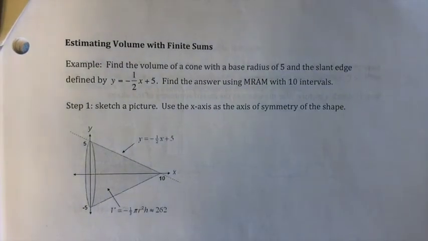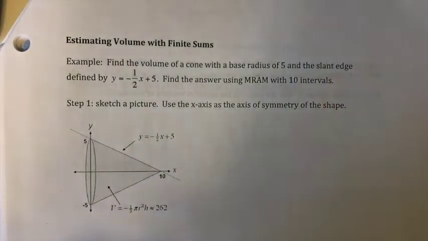Okay, so this is the second half of lesson 6.1. Yesterday we talked about estimating the area under a graph with rectangular approximation. We talked about MRAM, LRAM, and RRAM, and basically that's just what side of the rectangle we are using the height from. Today we're going to talk about if we take those rectangles and rotate them around the x-axis,